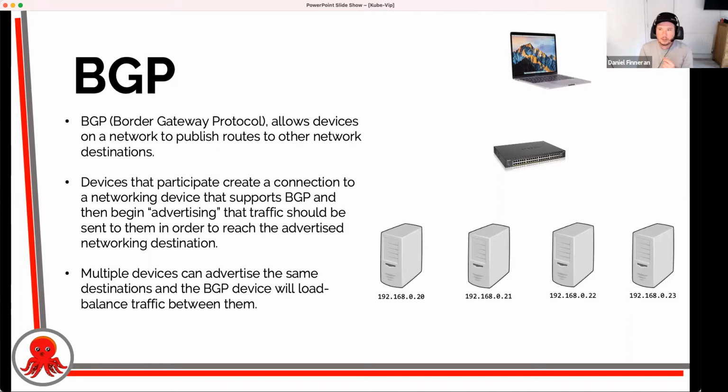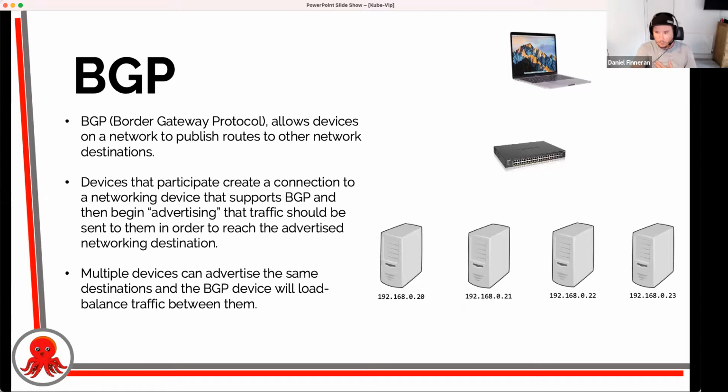BGP is slightly different. So BGP is a layer 3 routing protocol. What it effectively allows a node or nodes to do is tell the routers in the facility that if they want to send traffic to an IP address, then they should route that traffic through my IP address.